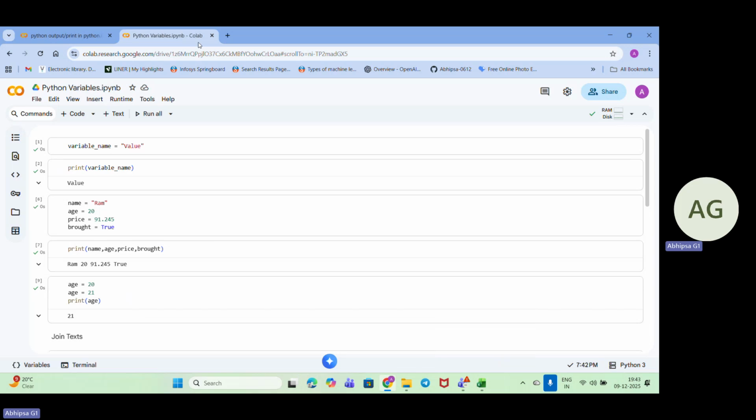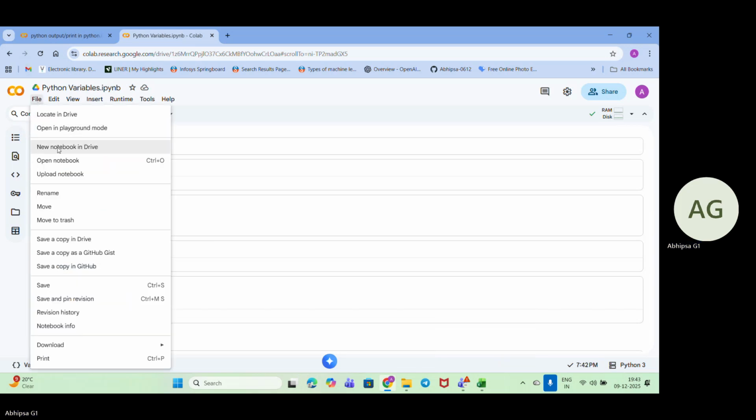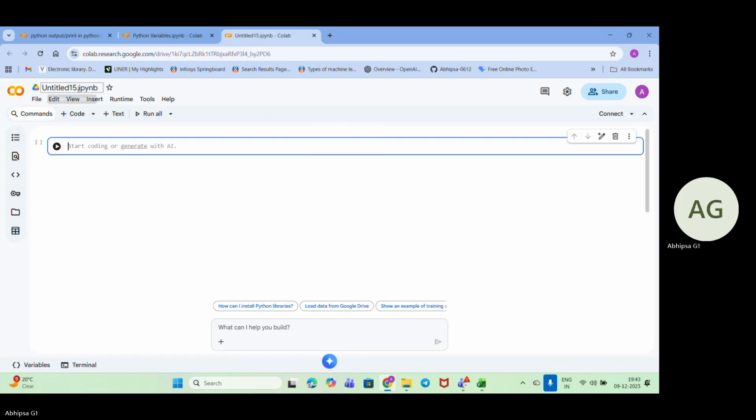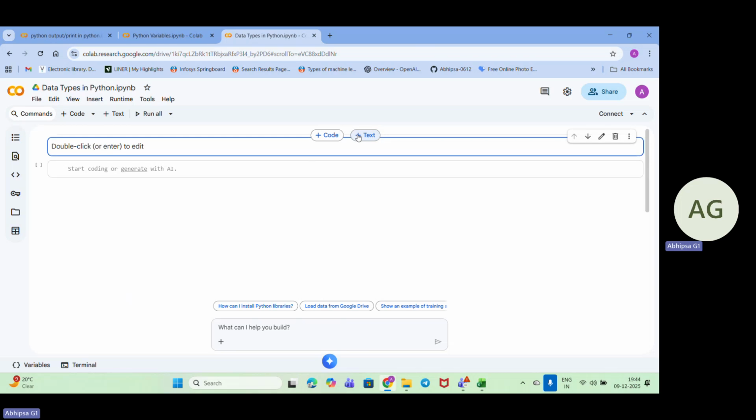So let's take it to here and call it as data types in Python. Okay. So integer we have already seen. Float we have already seen. Now we will be seeing about the